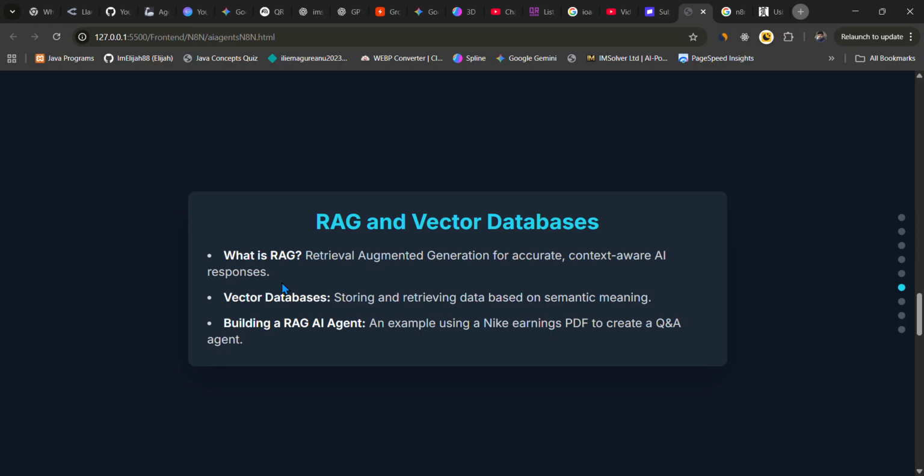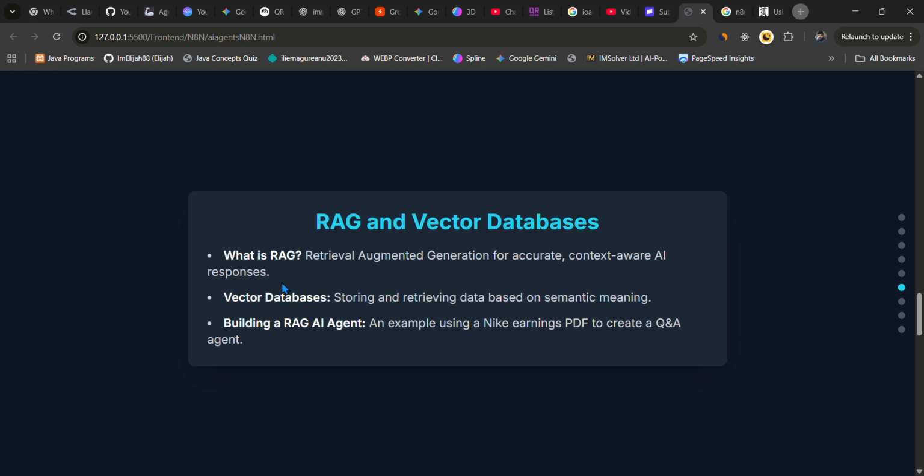So basically it helps generating more accurate and context aware responses. This is often paired with vector databases, which store data in a way that allows for efficient retrieval based on meaning. So it definitely goes hand in hand with the vector database.